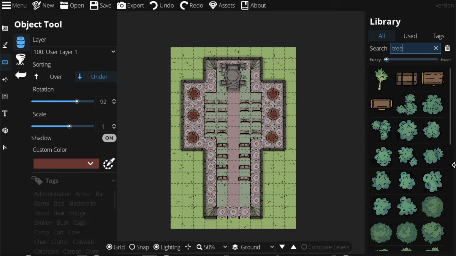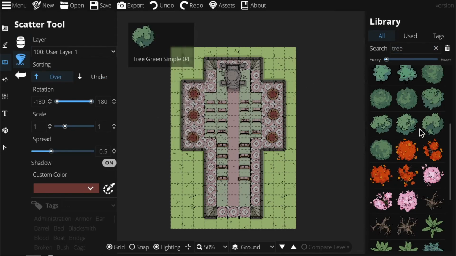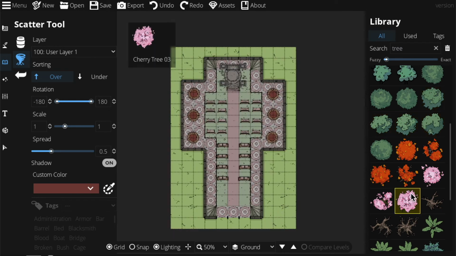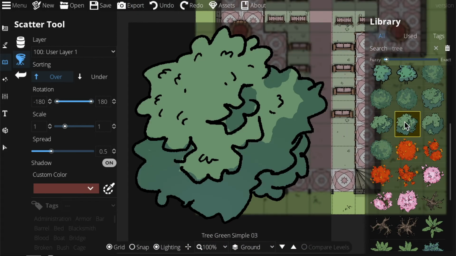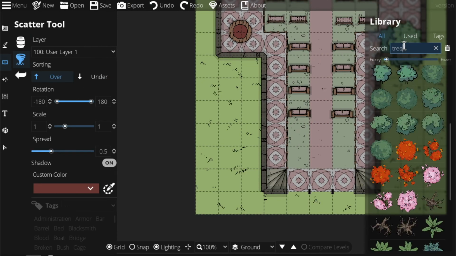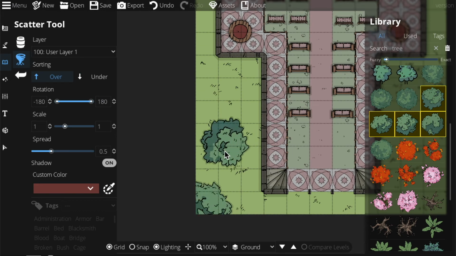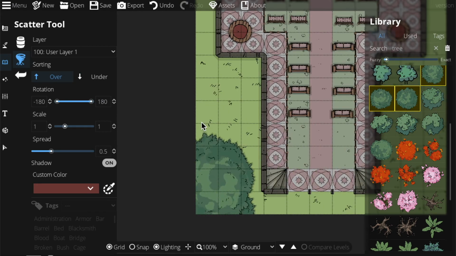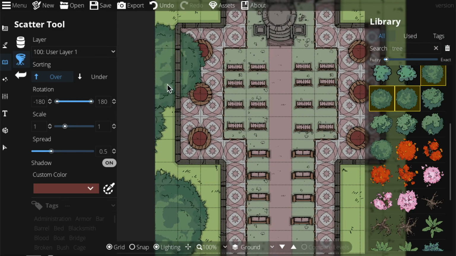Trees all around. And, I make this mistake every time, going to the object tool instead of the scatter tool. Alright, we just need to click. For some reason it's not working, but let's try and fix this using the trees. It's not working yet. Let's skip back and now it is. That's interesting. Alright, let's drop these trees in all around. Maybe these grand big ones to match our theme of this holy